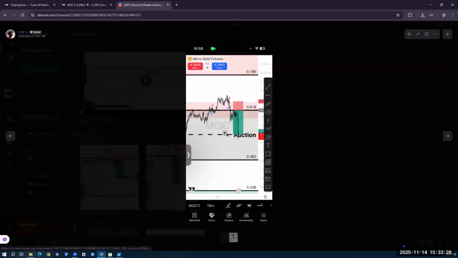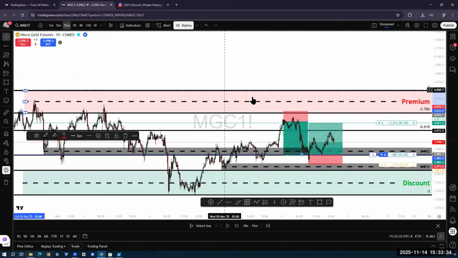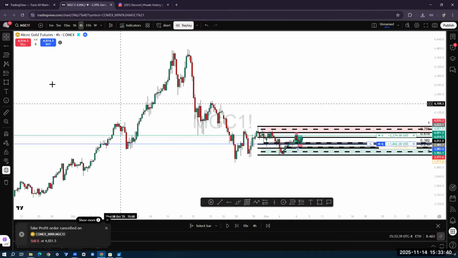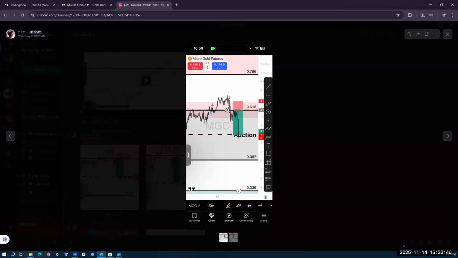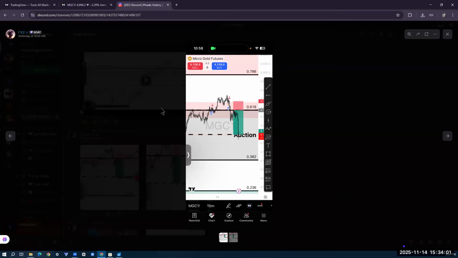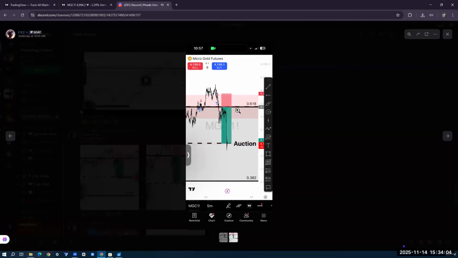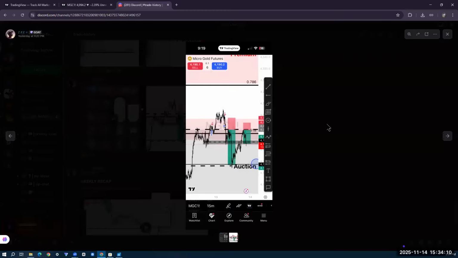Next trade here, I put my stop loss just above. So this range, this 618 range, is exactly what we have on gold. Well, not now because we're back testing, but it was a 4 hour wick. Is this wick right here? That range that you just saw is where current price is at now, and this right here, this little range, is this shaded red area here. I got my entry at the 618. I put my stop loss above that range, targeted a 1 to 3 of that, which so happened to be my auction. The reason why everything aligns is because it's the Fibonacci. It's a mathematical term that you find in nature and everything just aligns. Same thing with this entry here, I just put it right above. Boom. These are the same exact trades.